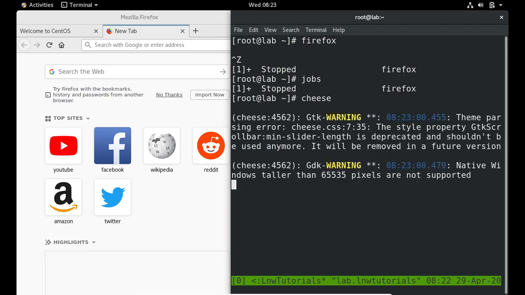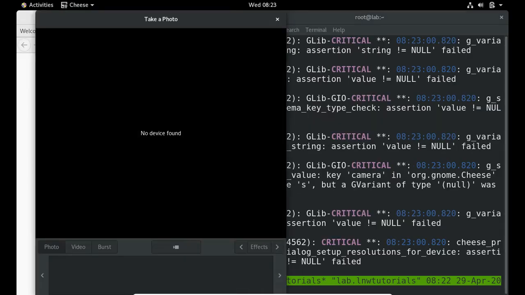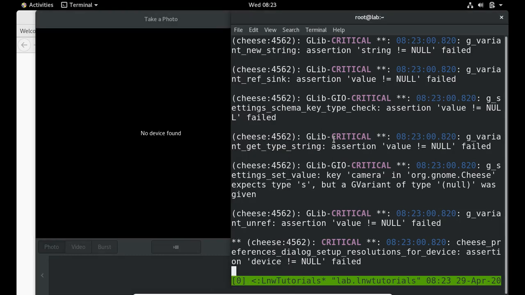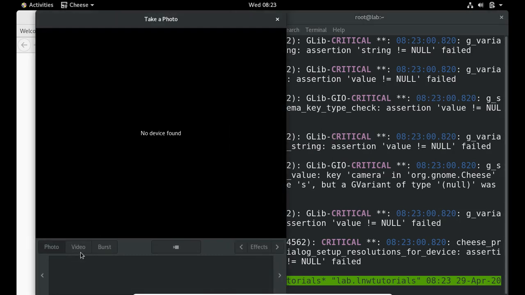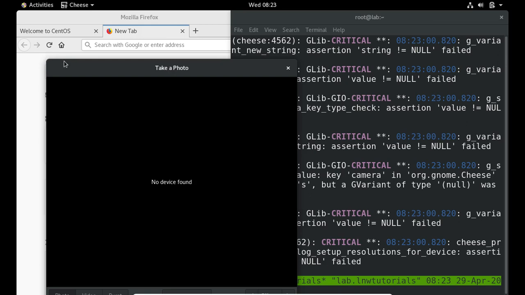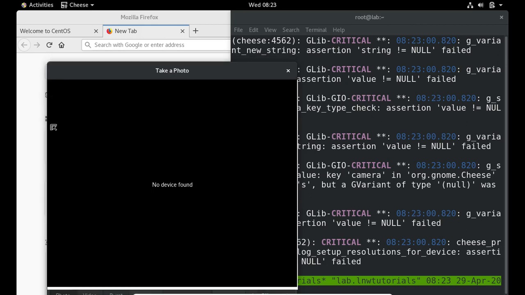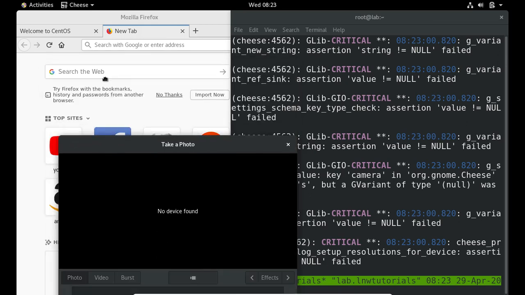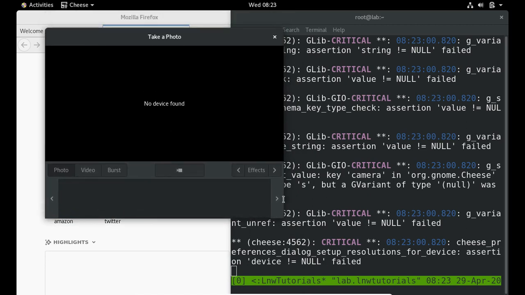Let me execute it. It's executed. Now let me switch here to videos, burst, take a photo. Basically no device was found, that's why it's not showing me the effect.